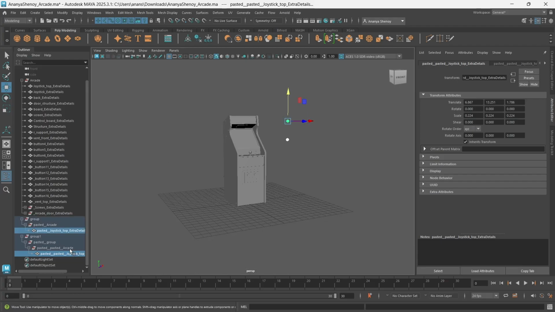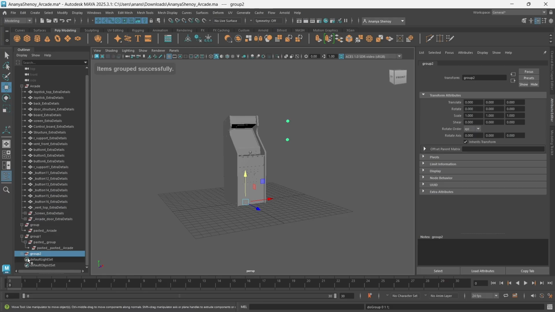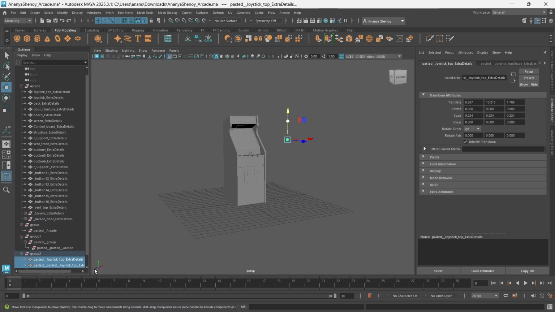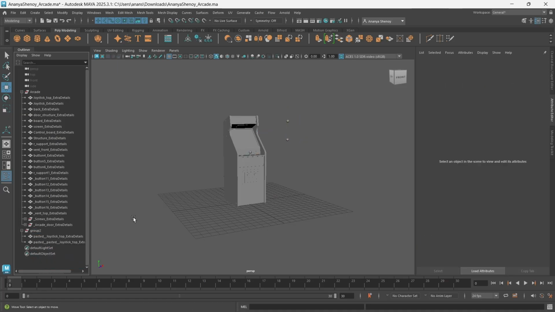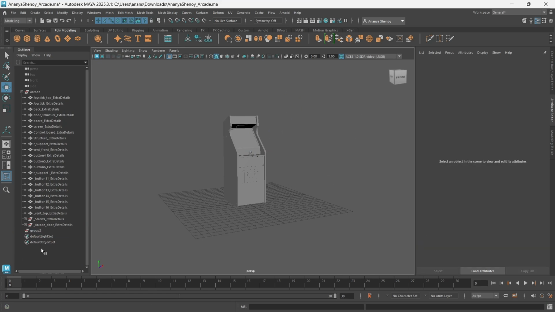If you've done this a lot, you will have a lot more than this, but you can select all of them and select it from your workspace and go up to edit and group to just group those models together. So now you'll have whatever you've pasted inside this group. And once you've created that group, you can just delete all these extra groups. I'm going to delete these two objects since I don't need them right now. And let's go back to the model.